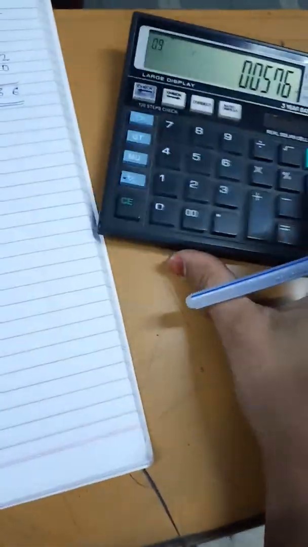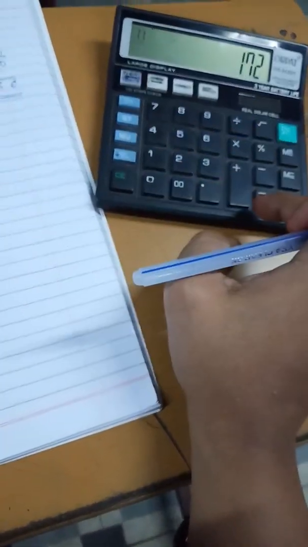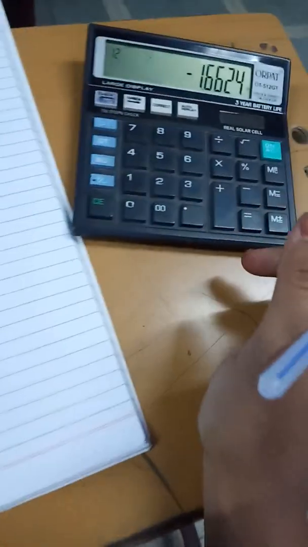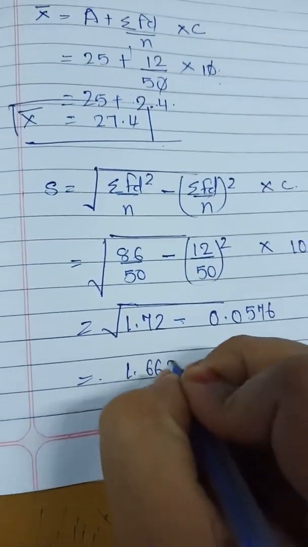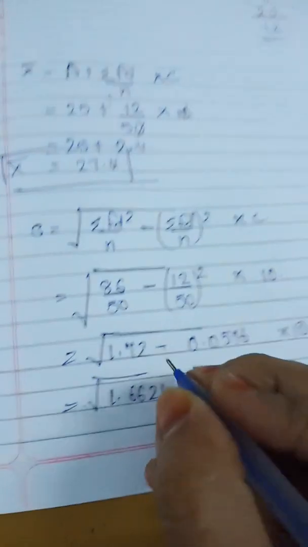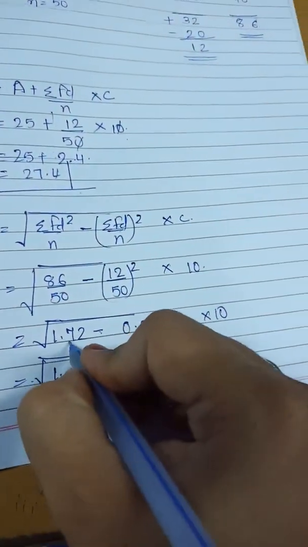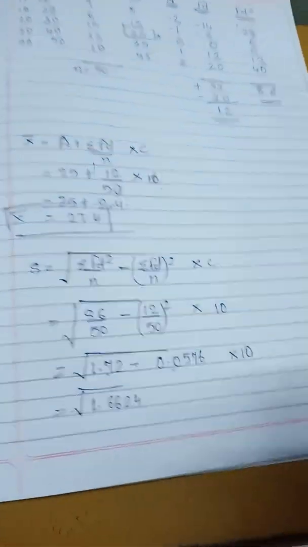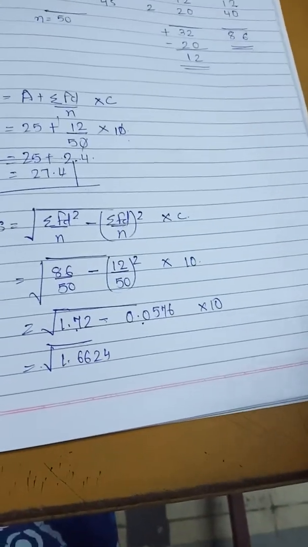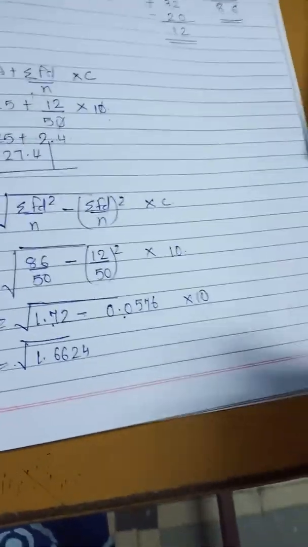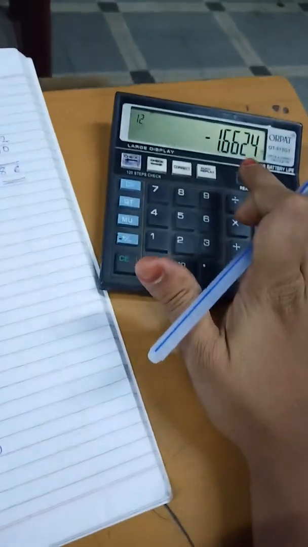Now we are subtracting it from 1.72, that is 1.6624. You won't be taking the negative sign, because I have kept this on the screen only, and then I have subtracted this number. Whatever we are doing, we just keep on the screen only. No need to do direct erasing or something. We can take the steps from there also, into 10. Now still I have kept it on screen.